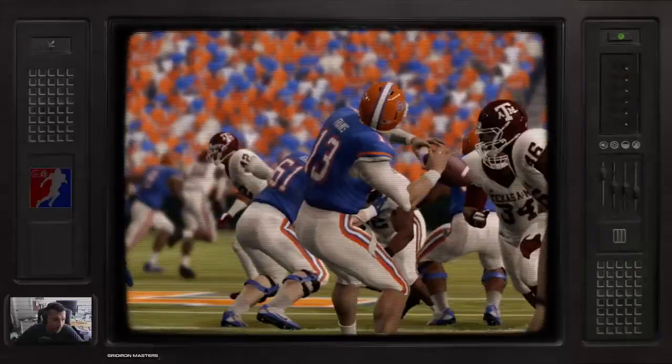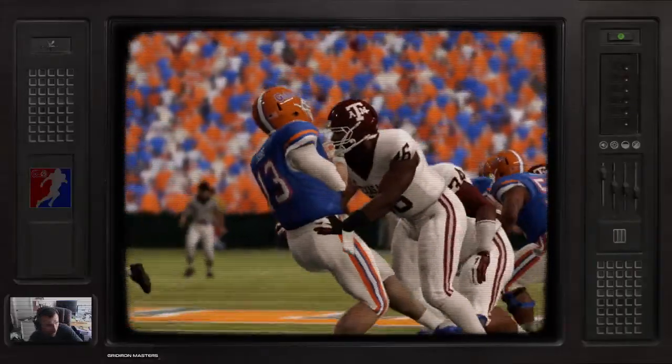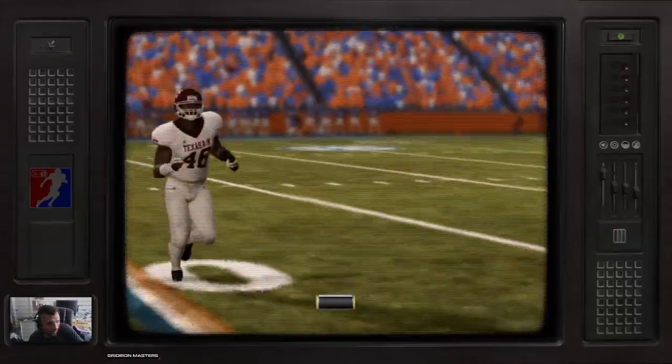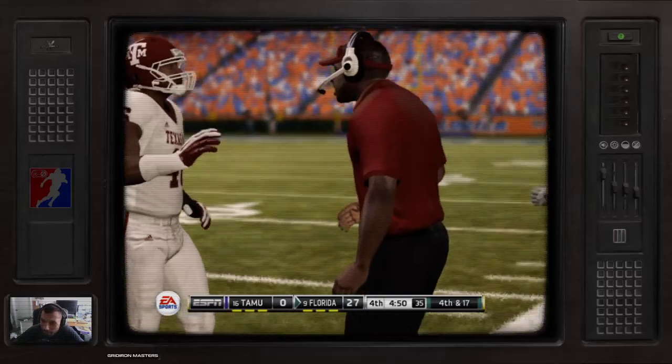What sucks about being in the SEC West is that at least in this era, you're guaranteed